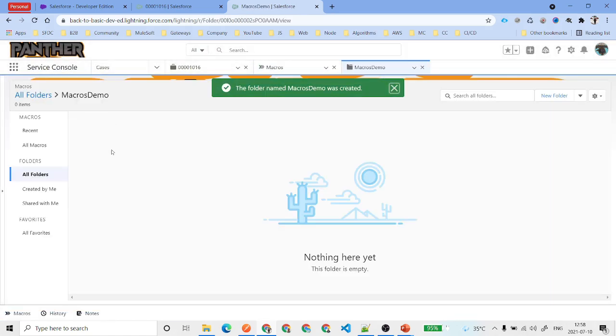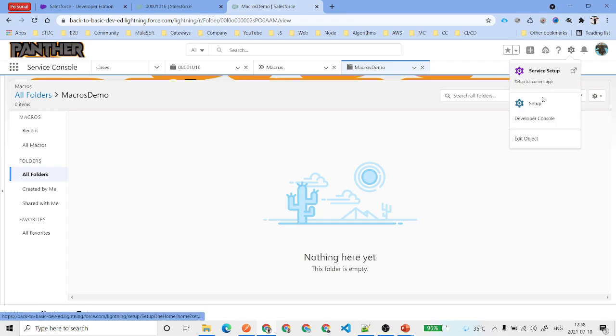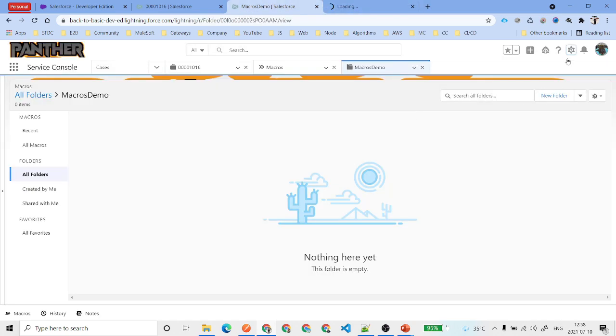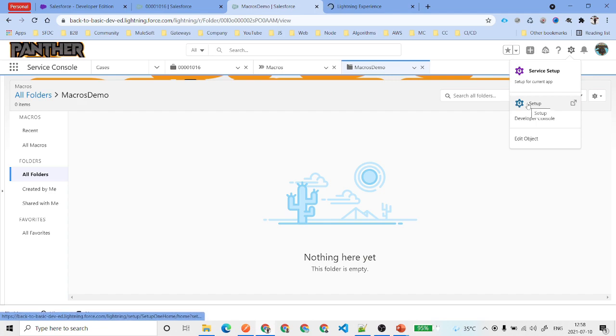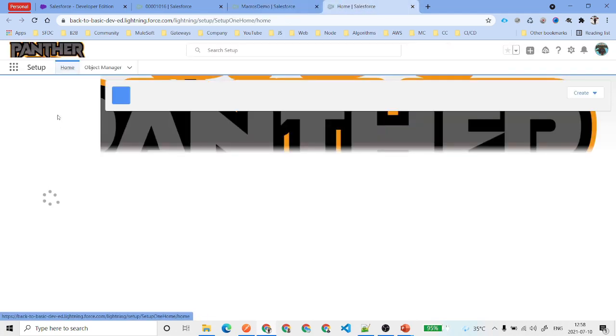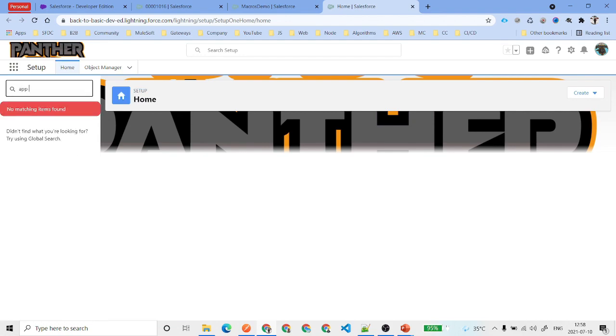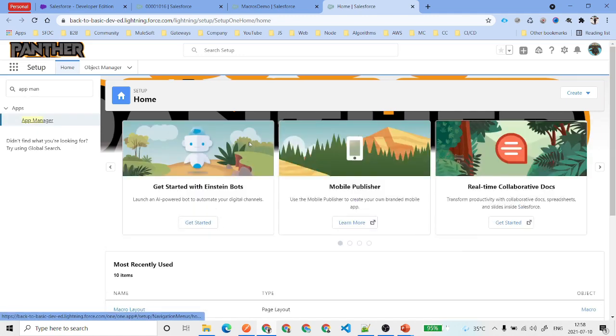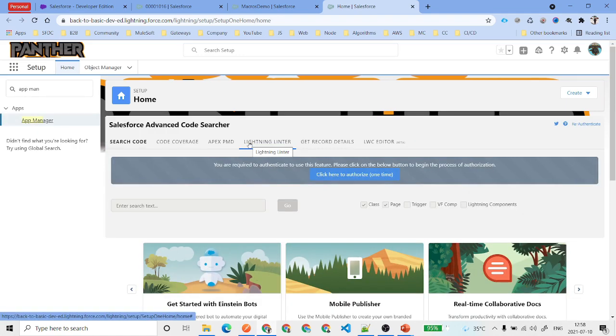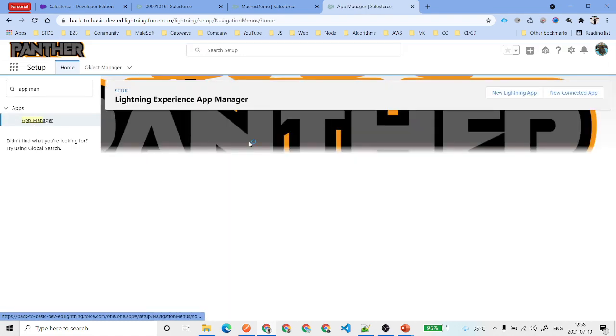Now you have got this folder over here. After creating the folder, we will get back to the setup. You can click on this gear icon, click on the setup icon, and you will be here under the setup. What we are going to do here is find the app manager, and under the app manager we will see the list of all the applications.